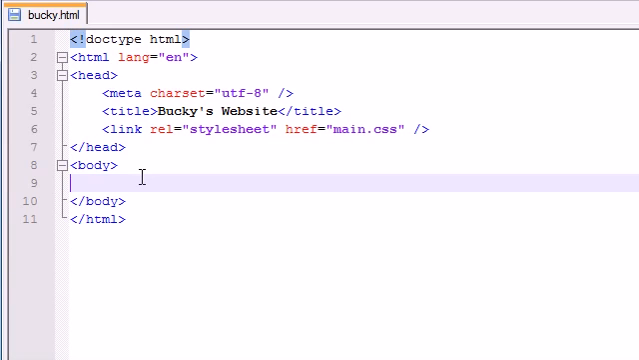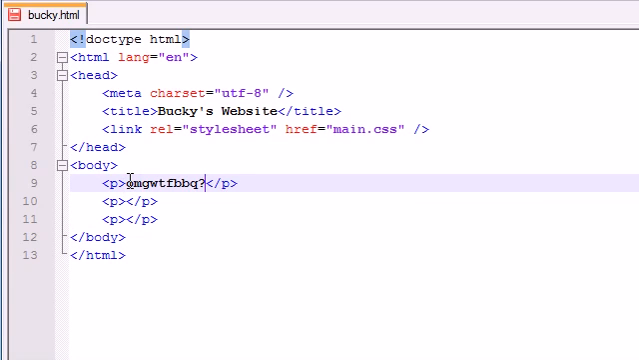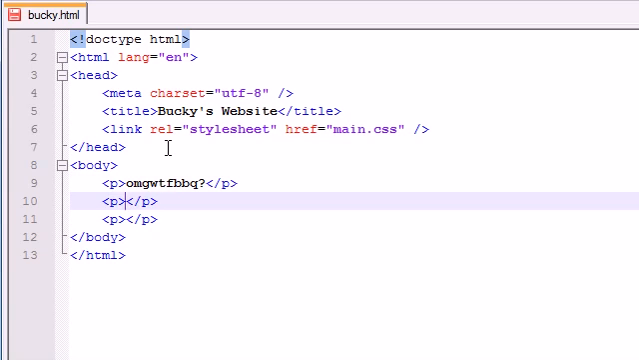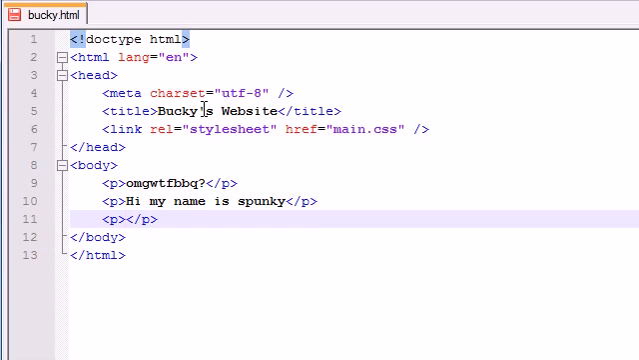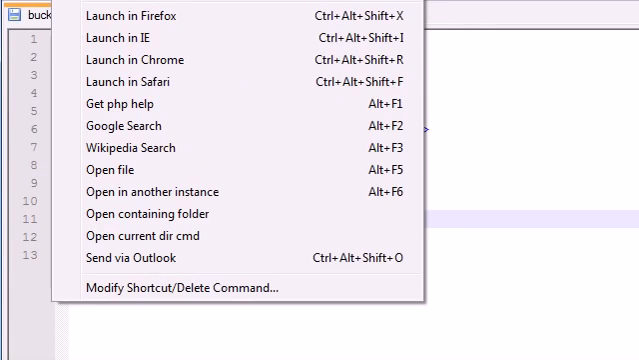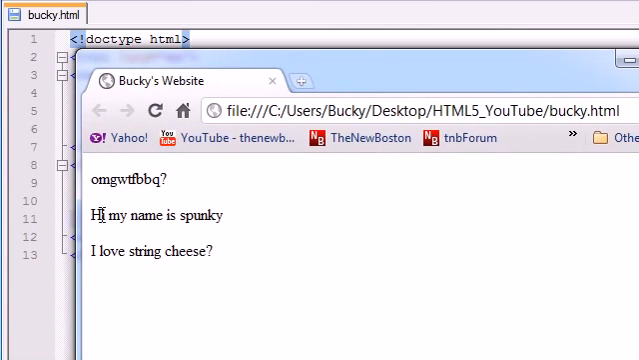So let me go ahead and add some stuff that we can style. I'm just going to add 3 paragraphs. Let me copy these first. Paste, paste. In the first one, I'll write OMG, WTF, barbecue with a question mark. In the second one, I'll write, hi, my name is Spunky. Wasn't that the dog in Rocko's Modern Life? I don't know. And in the last one, I love string cheese with a question mark, because hey, why not make it a question? Now, what I like to do is test everything out first, like OCD style,